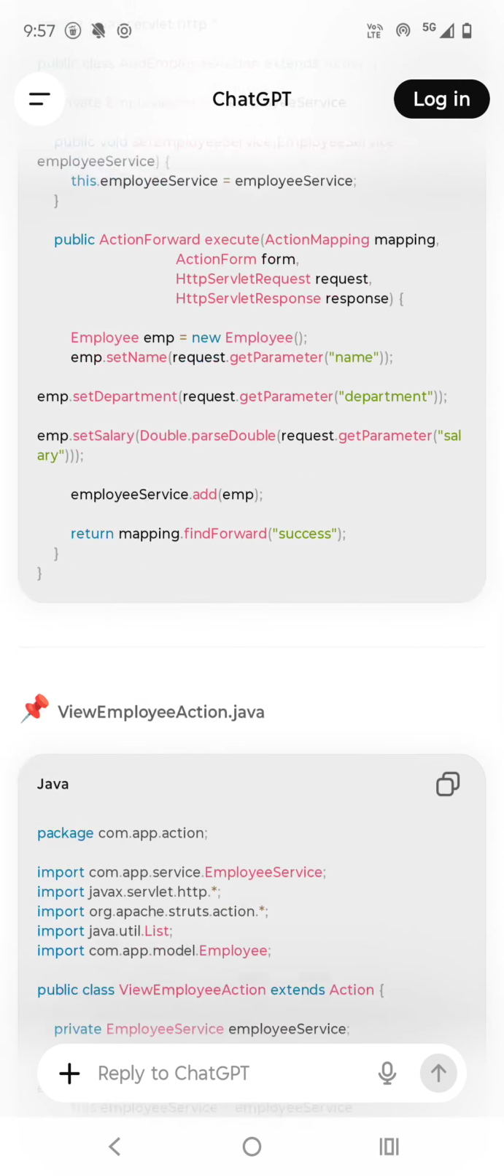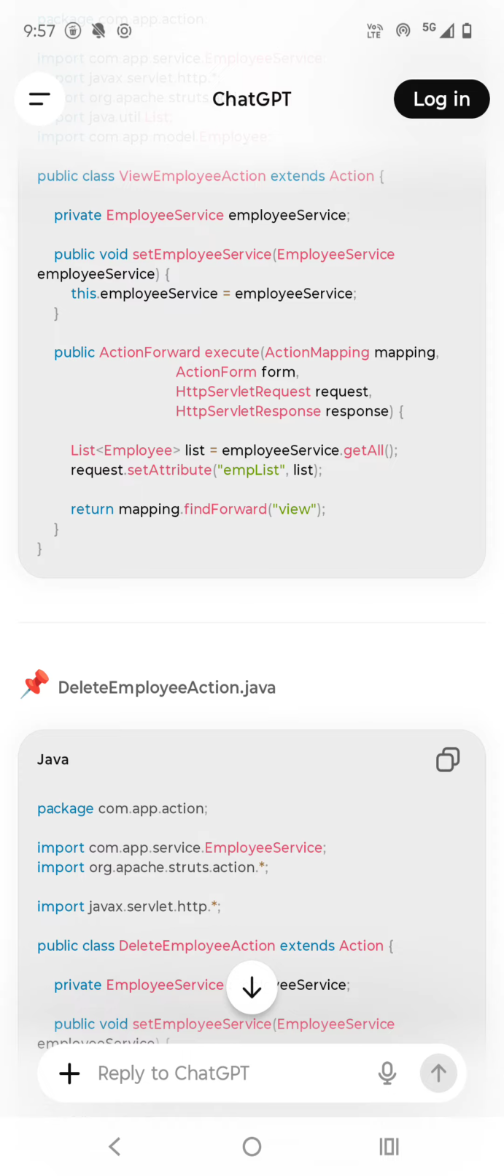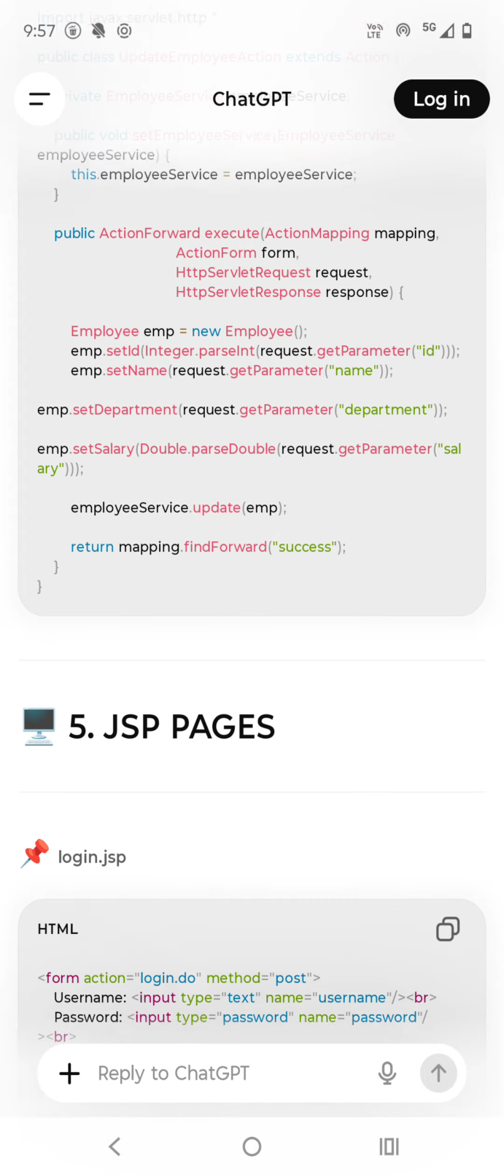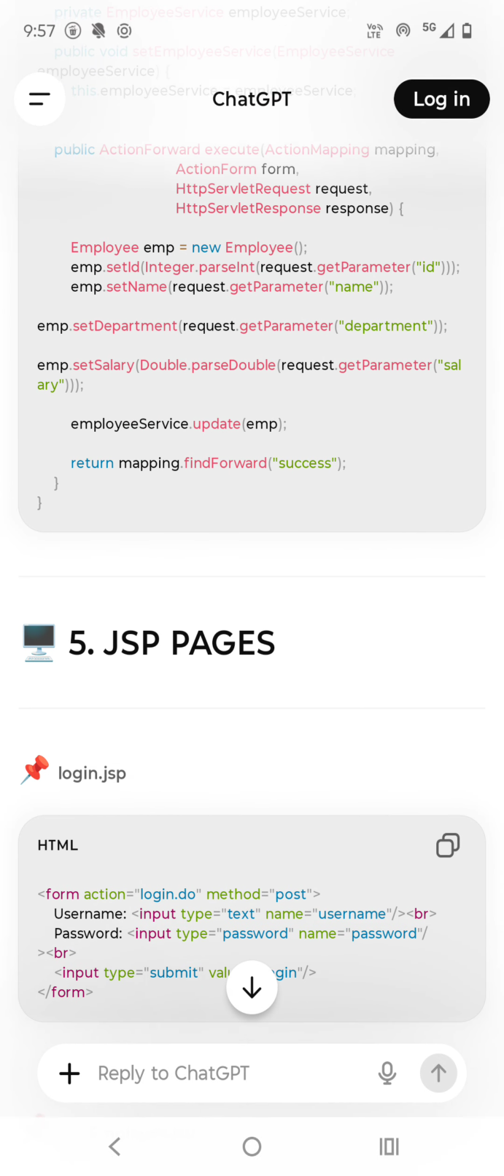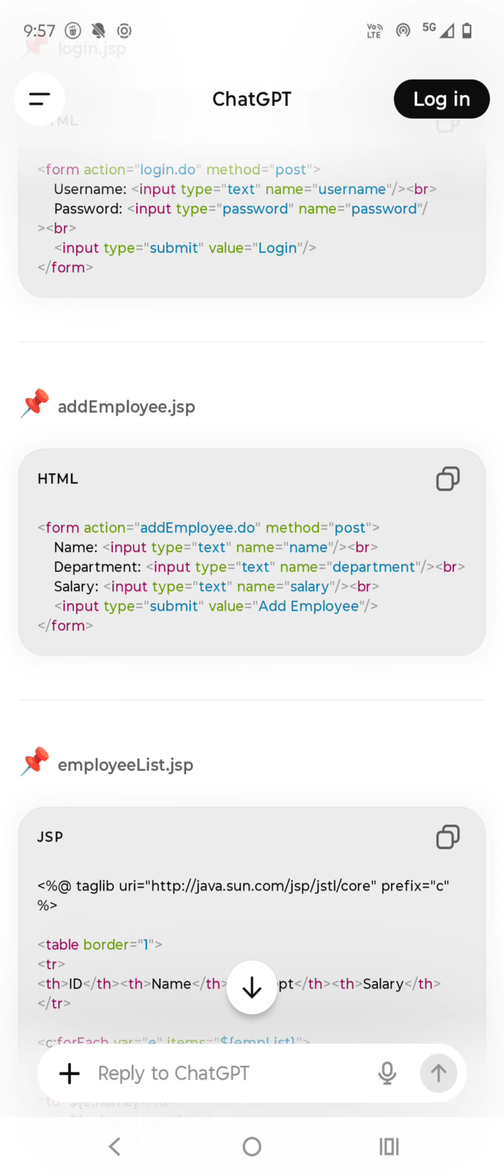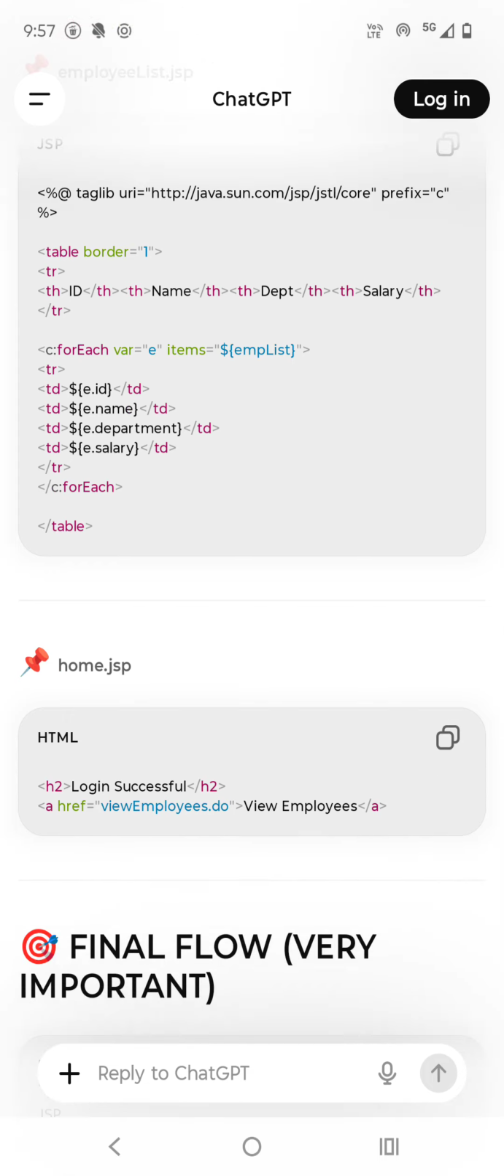So this is why you need to understand this. This Struts, Spring and Hibernate Java integration project I explained